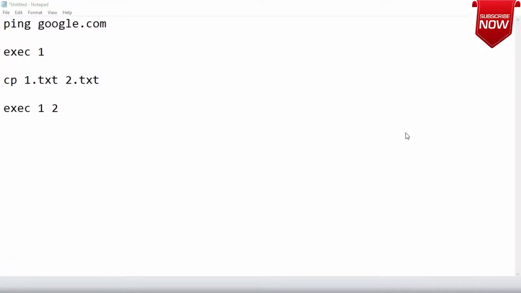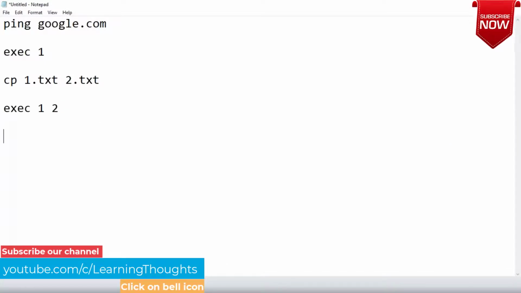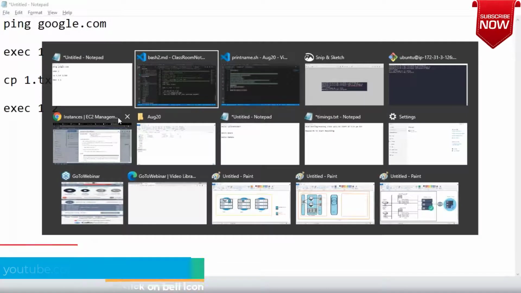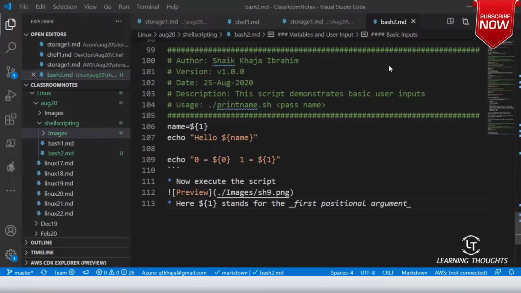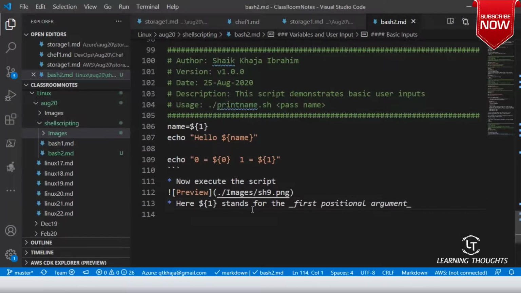The arguments which are passed like these are called positional arguments. I think we have discussed this in our classes before. Any command line will have two kinds of arguments. One is called positional arguments.